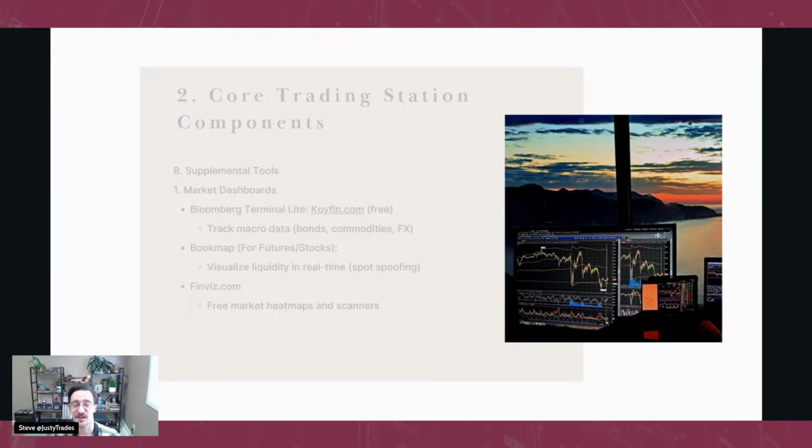So let's get into the supplemental tools. This is all the stuff on the right side of my chart. These are all the tools that I use throughout the day to help me get a feel for the market, tell me where the money's going, all that good stuff. So essentially, what we're looking at is,